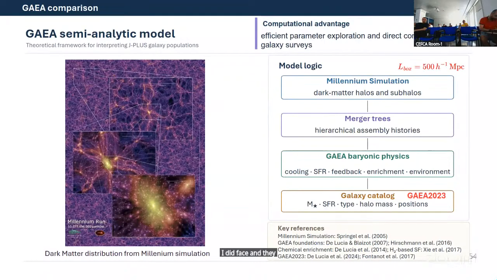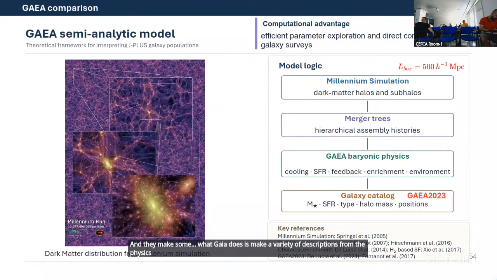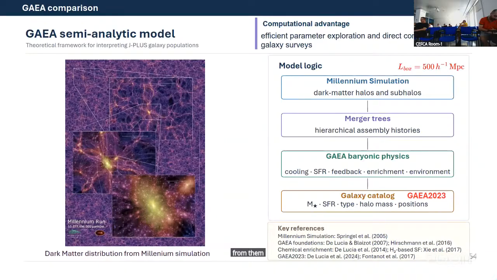What GAEA does is make parametric prescriptions from the physics about cooling, transformation rate, feedback, chemical enrichment, and environment. We obtain from them typical parameters that we have been working with: the stellar mass, transformation rate, type, halo mass, and positions to make the comparison of our observational work with this theoretical